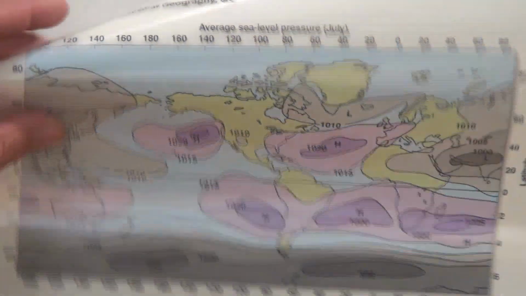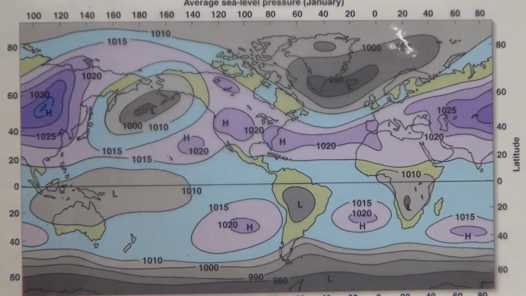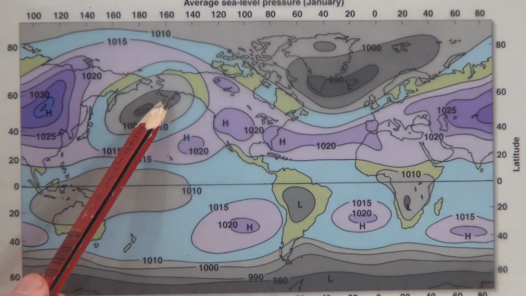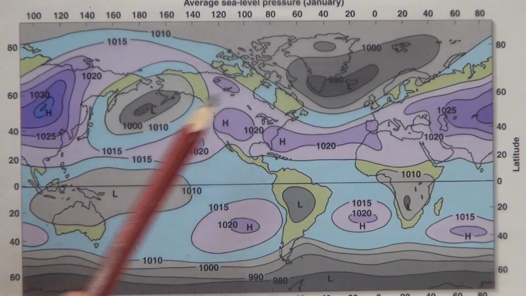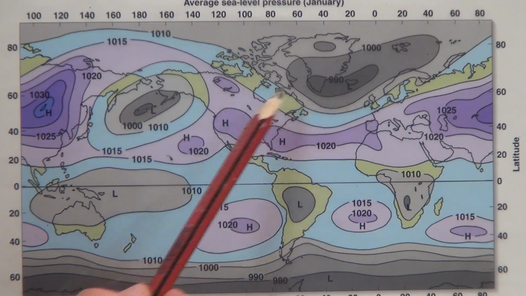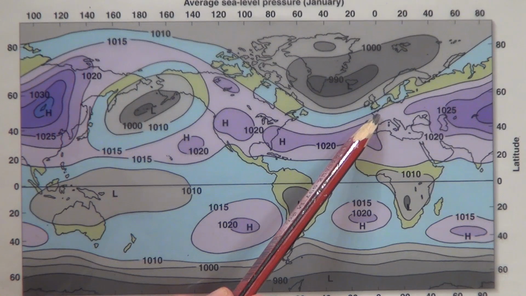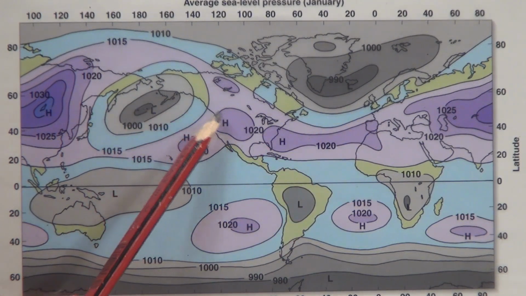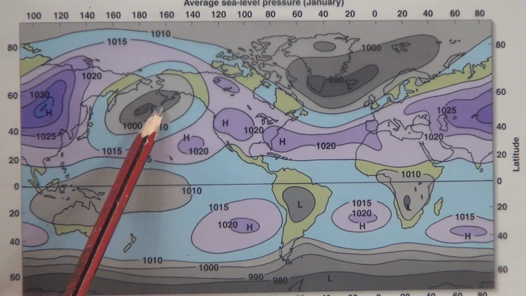Let's take a look at the low. Moving on to January. Okay, off the Aleutian Islands and Alaska is a low pressure. We call that Aleutian low. Over here off of Greenland and Iceland, we have another dominant low pressure system. And that is what provides weather storms fronts for Europe. And same thing here in Washington, Oregon, and California. We start to get our storms coming in off of this low pressure.